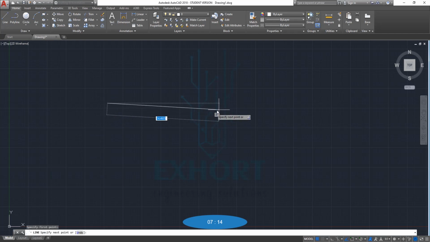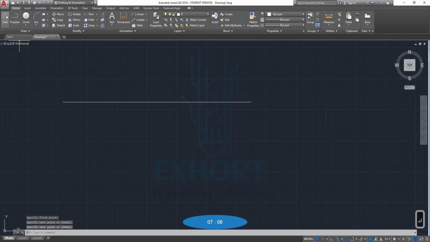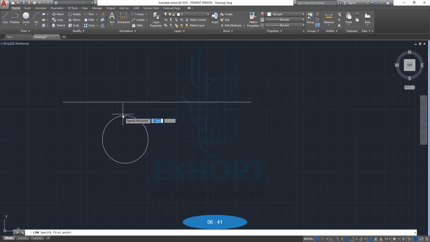If we select the line command and draw a line of approximate dimension, and we want to draw another line with respect to this line, for reference, by going near the line we can't see the first point of the line, the midpoint of the line and the end point of the line. So how will we get to know these points? Also, if we draw a circle and want to draw a line passing through the center point of the circle, we can't see the center point of the circle. So how to turn on this setting and see the center point and the other snap drawing tools?